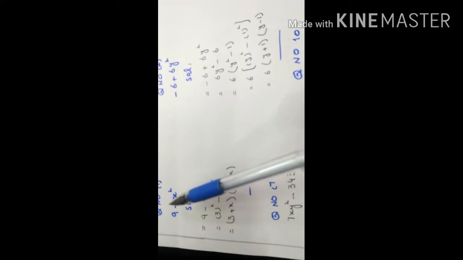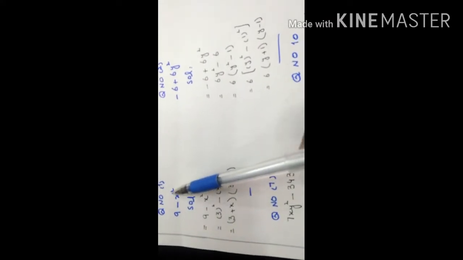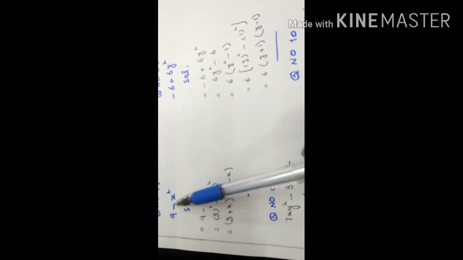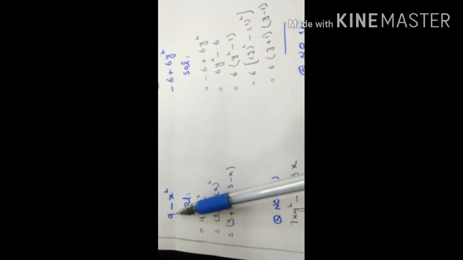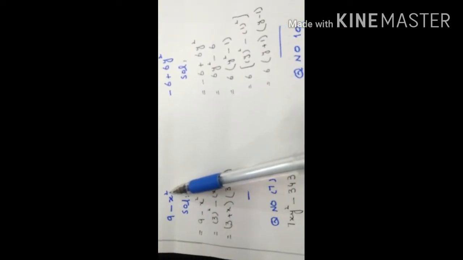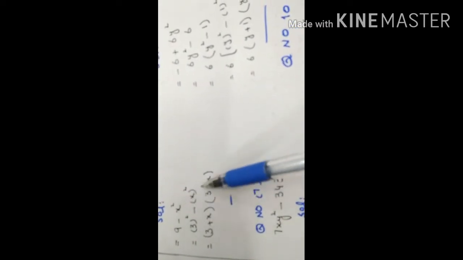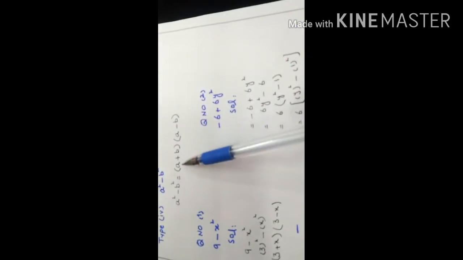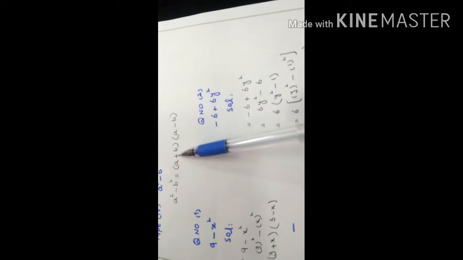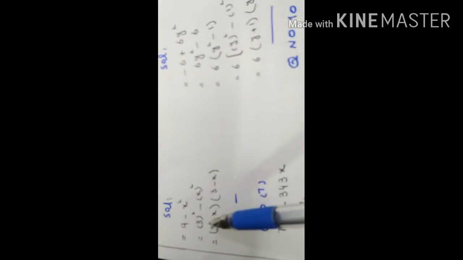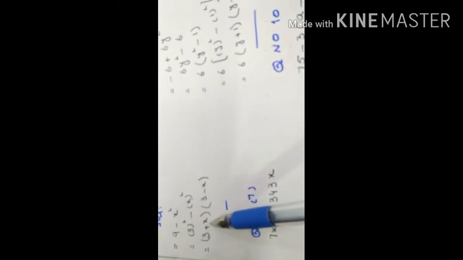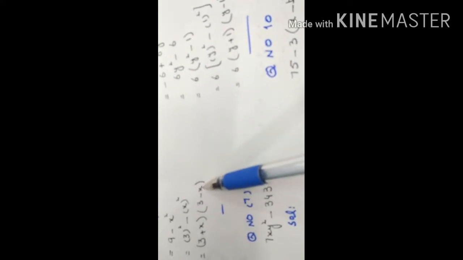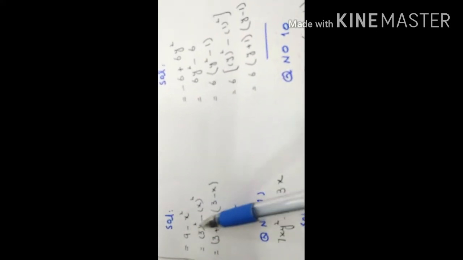We have to factorize this question. There is no common value between these two, so directly apply the formula of a square minus b square. 9, this is the square of 3, this is x square. So rewrite the question. 9, this is 3 square minus this is x square. So according to the formula, we have to write these values one time in positive and one time in negative. 3 square minus x square, we can write it as 3 plus x one time in positive and 3 minus x one time in negative. This is question number 1.